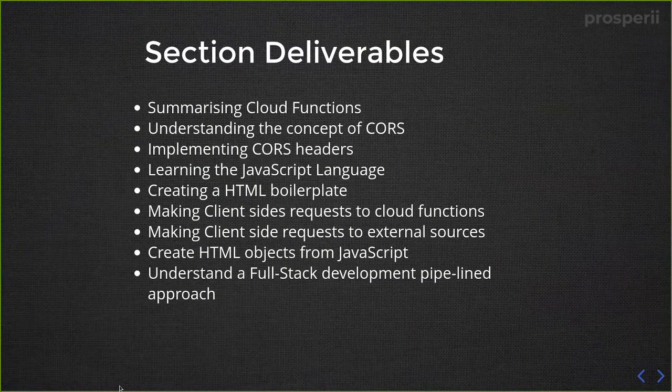Okay, so in this particular section, we will be looking at creating a product which can be used in order to perform or work around a certain task. So first of all, the first deliverable in this particular section will be to summarize Google Cloud Functions. In the previous section, we have looked at what exactly is a Cloud Function, how do you create a Cloud Function, how do you deploy a Cloud Function. But in this particular section, we will be focusing on adding one more aspect to Cloud Functions, which is called CORS. And after adding that particular aspect, then we can conclude with Cloud Functions.